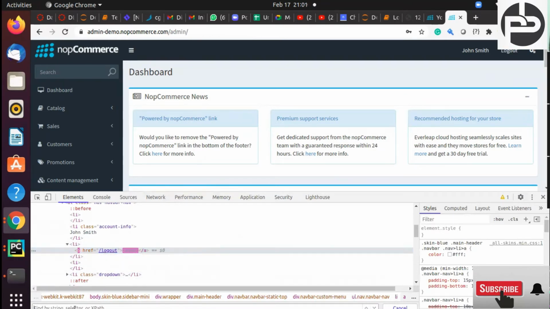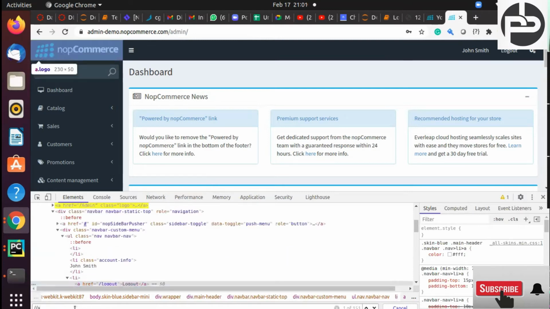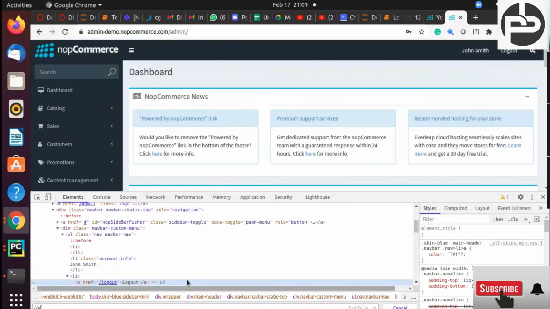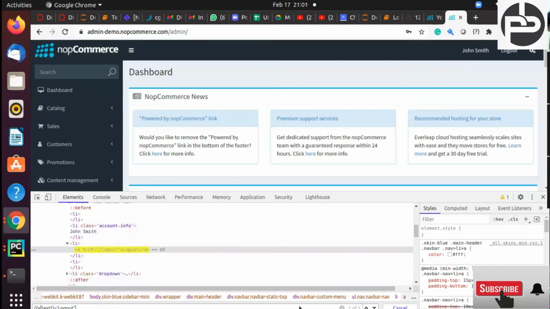Okay, can anyone tell me how we can write the XPath for this? Chalo, chalo. It's your turn. Text. Yes, good. That I was expecting. We can go with the text function, equal to logout, right? Yes. Logout, no, this is capital L. So how many matching nodes do we have? We have one matching node, right?